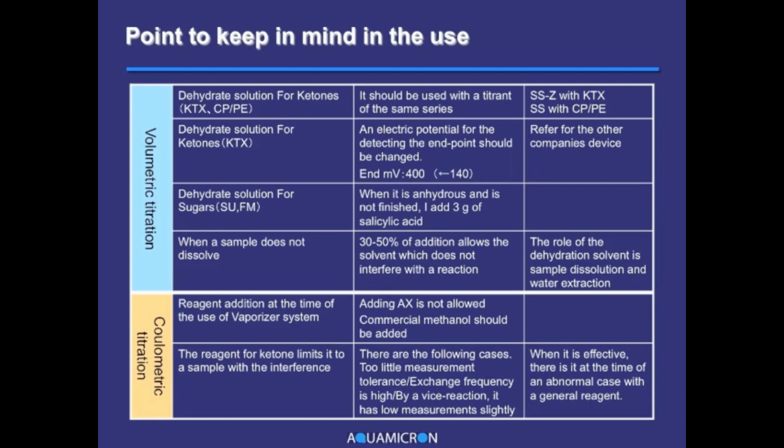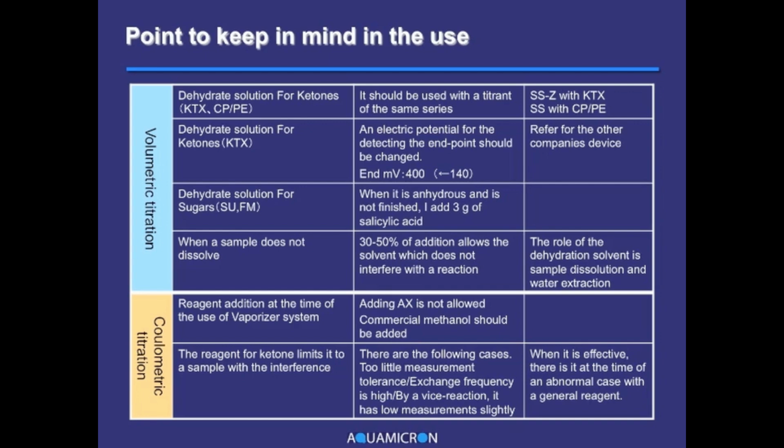The second point also concerns, for ketones, dehydrating solvents. When you use the dehydrating solvent KTX, if you seldom use it, you sometimes cannot reach the endpoint smoothly. In these cases, I recommend that you amend the setting of the endpoint potential a little higher, lest you waste your time and titrant on over-titration. The endpoint potential can be changed manually in most analyzers, but if you cannot determine how to handle it, please